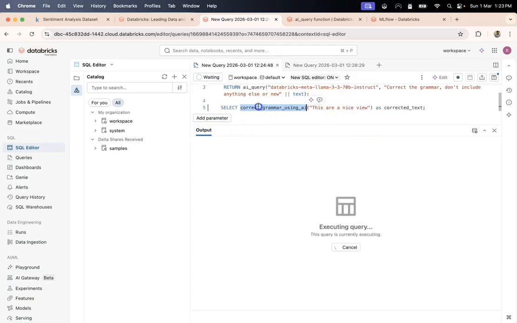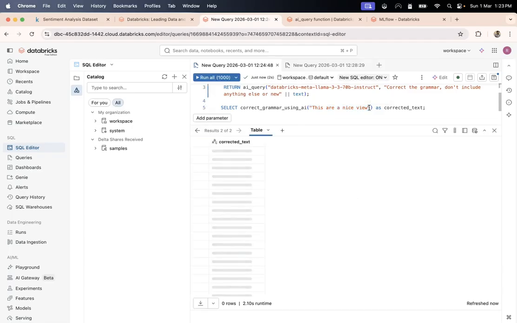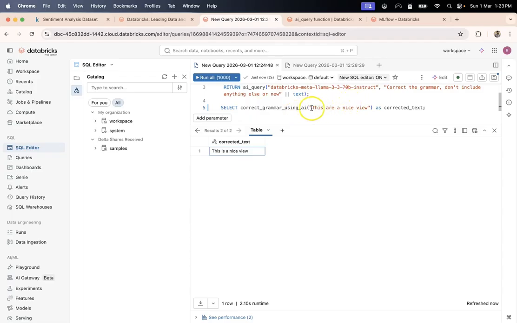I'm using this custom function that we just created on our own piece of text, and we are not running it on a table. But we could have easily done that. To make sure it is executed quickly, that is why I ran it using my own text. So you see, corrected text is: this is a nice view, and my incorrect text was: this are a nice view. You see the point, right?